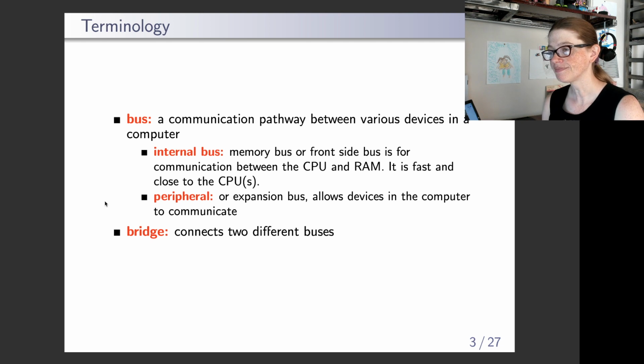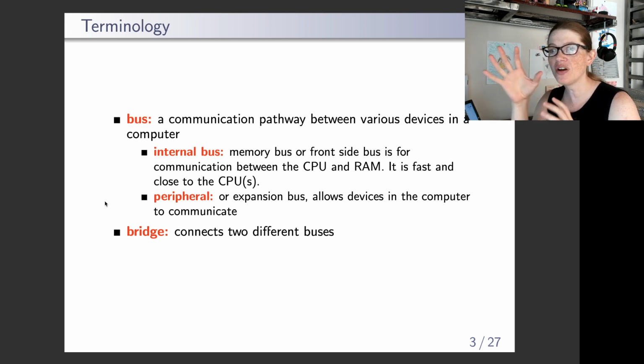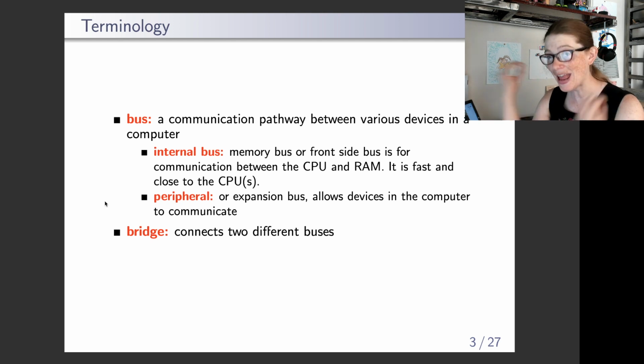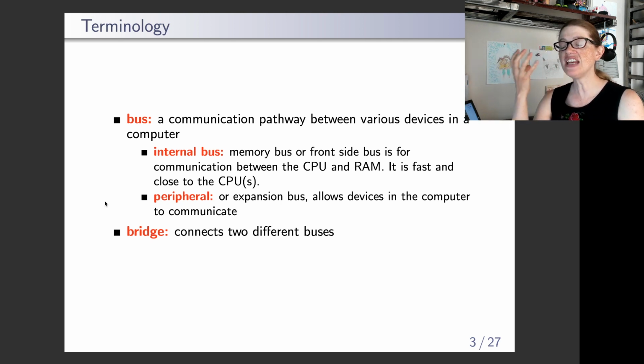Now, an interesting thing about buses that a lot of people don't know is that if you have a bunch of devices connected to a bus and one of those devices sends a signal, every other device on that bus will see that signal. So it's not like a point-to-point kind of thing where if you have 10 devices on a bus and you want to send a signal from device A to device B, it's not that device B is the only one that will receive that. Actually, every device will see everything that goes on that bus,